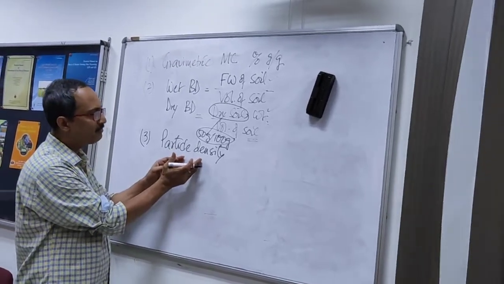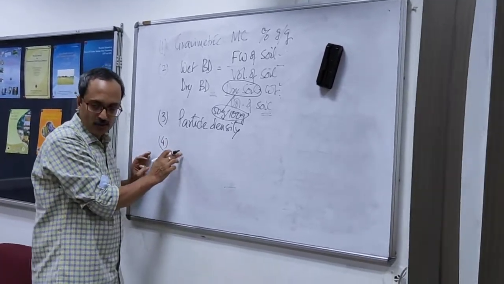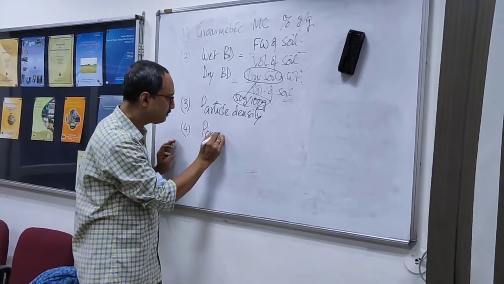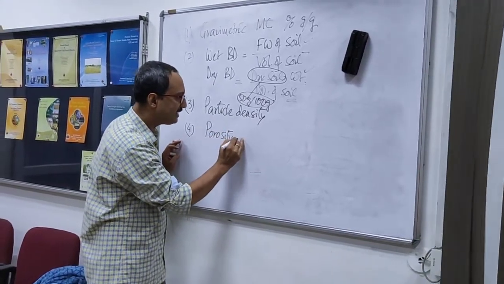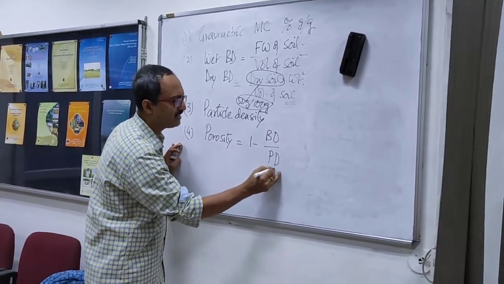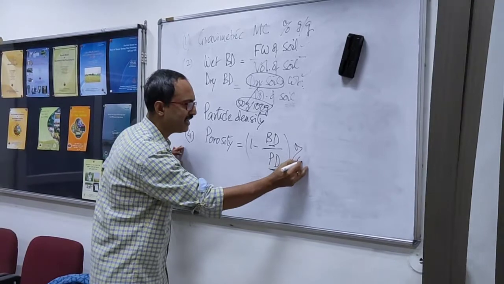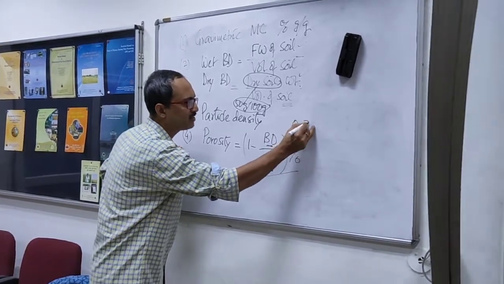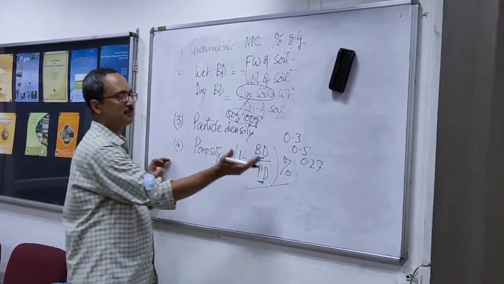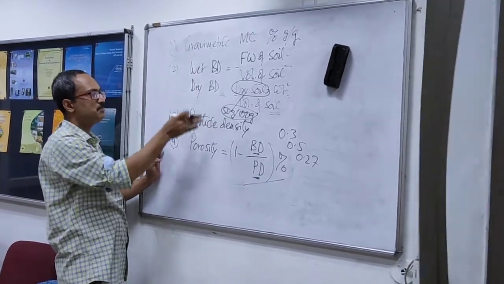So you get the particle density, you have the bulk density, you calculate the porosity. So this is, you said this is a derived one. So remember, these are all direct measurements. And porosity, when I am talking about the porosity, I will get it as 1 minus BD by PD, bulk density and particle density. So this is 1 minus that, and you can give it as a percentage, or you can use it as a decimal, suppose 0.3, 0.5, 0.27 like that. So this is a decimal, or you can express it in percentage. So this way is the porosity. So this is gravimetric, wet bulk density, dry bulk density, particle density and the porosity.